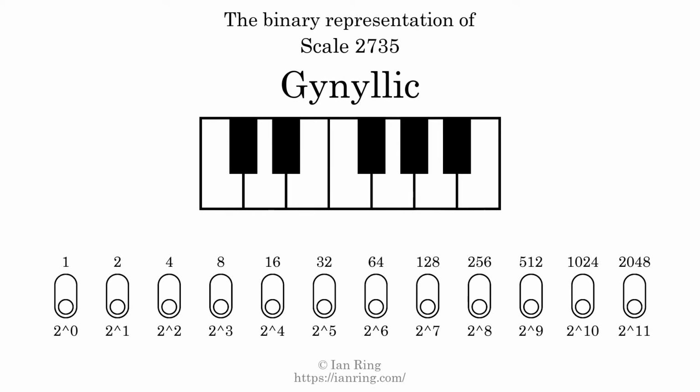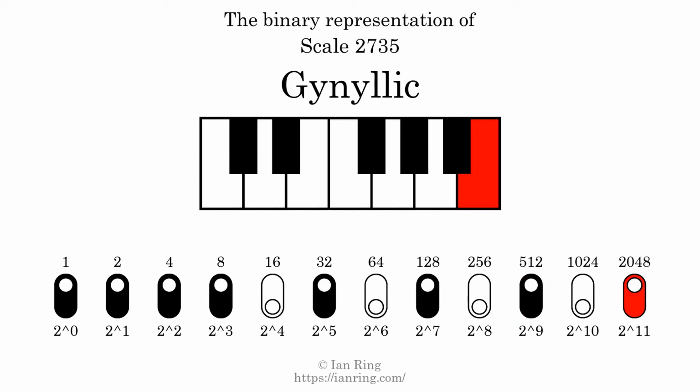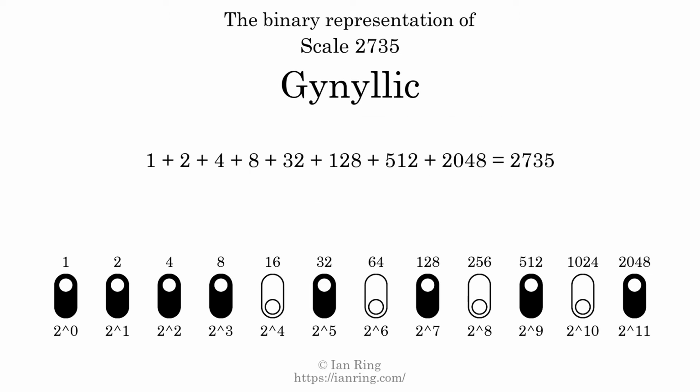The binary representation of this scale is determined by mapping tones of the scale to binary digits. Each binary digit represents a power of 2. To get the scale number, we add the powers of 2 together. The powers of 2 that are present in the scale, all added together, equals 2735. That is why the scale number, in decimal, is